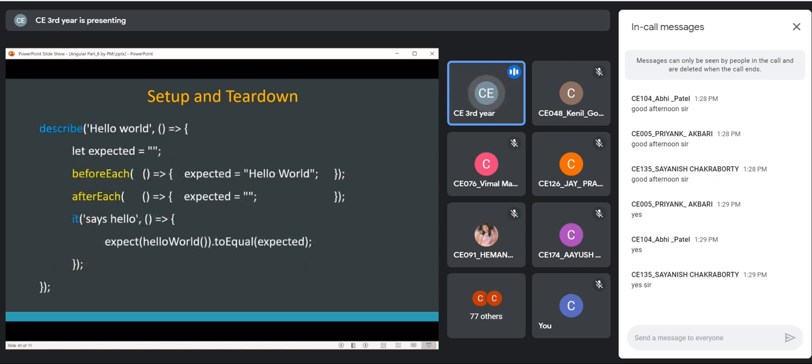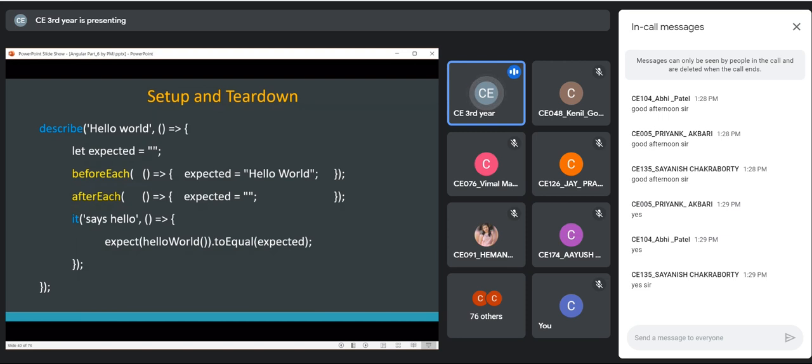Okay, so let us see this example. So in this particular test suite, there is one test case, test specification, and beforeEach, afterEach functions are used so that we are initializing the variable expected before execution of each test case. However, here it is only one test case, but we can have multiple test cases also.